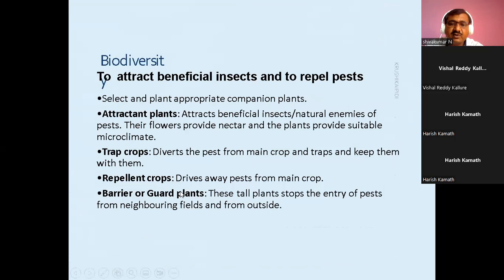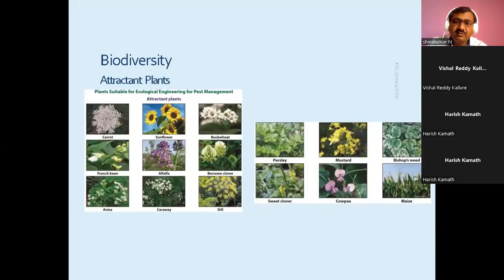Growing repellent crops and also trap crops like marigold. Even castor can be grown as a trap crop, and attractant plants are also grown. Guard plants: if you are growing turmeric, some diseases are avoided like that. Maintaining the biodiversity is also important.